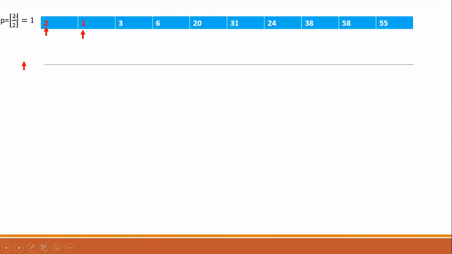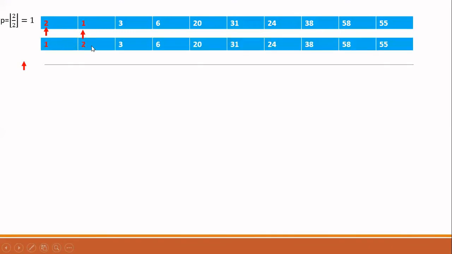Gap is now 2 by 2, it is 1. So what is the meaning is you set your second pointer to the index 1, and the first pointer you have to subtract 1 from this one, that is 0. So you set as 0. So I am considering these two elements. Okay. Now, is it required for swapping? I have to check. Yes. So I have to swap these two elements.